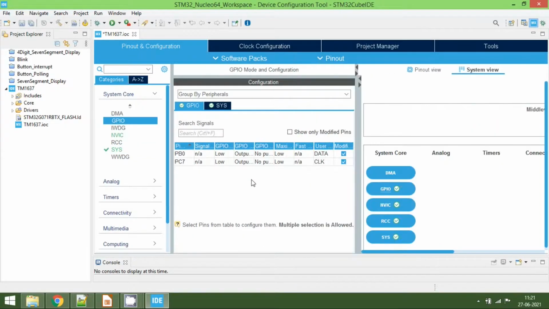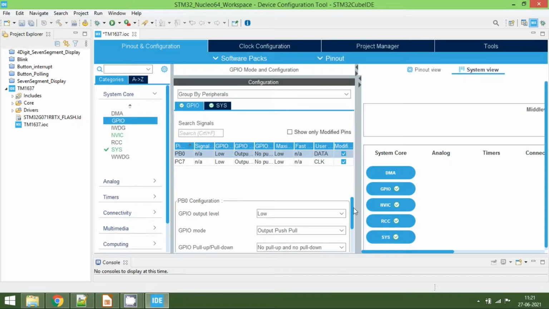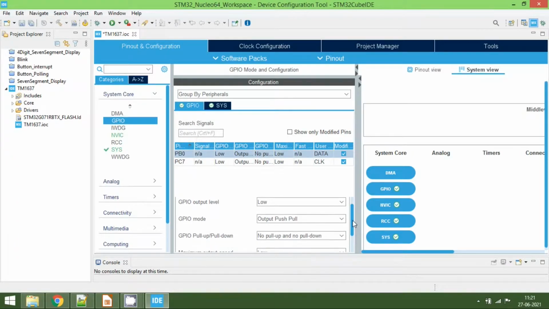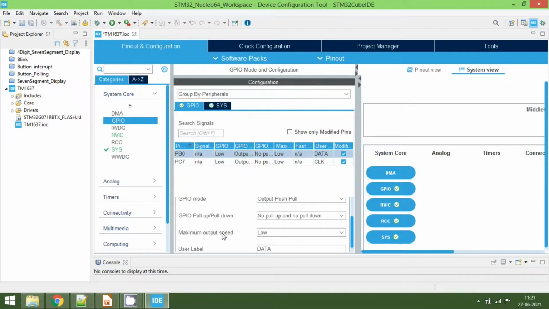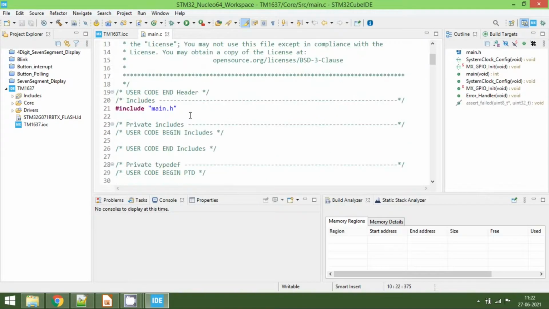We will make the GPIO pin clock frequency a little bit high. Select the pin and come down here. For maximum output speed, change it to high, and similarly for PC7. That's all for the configuration. Click on this icon to generate the code. Now the code is generated successfully.